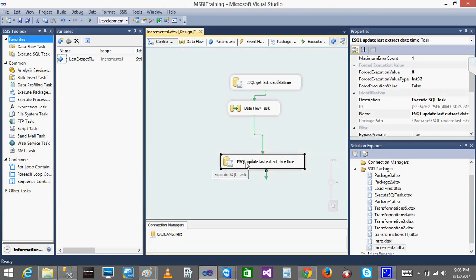So are you okay with this? Because if you are okay, then I'll continue with the other steps. So did you get my point? I can use this scenario when I want to insert, but if I get some records where I need to update also, then what will I be doing? So is everyone okay with this scenario up to now? Hello? Are you okay with this?